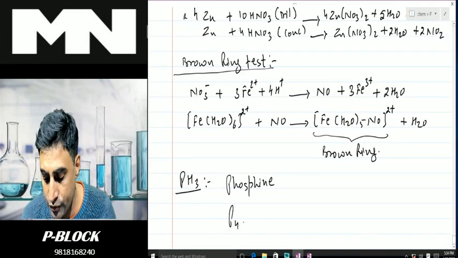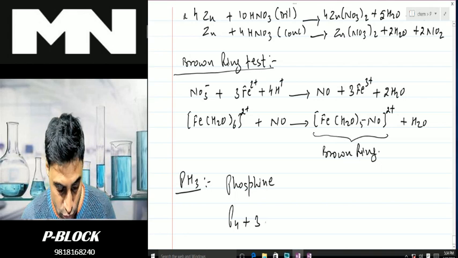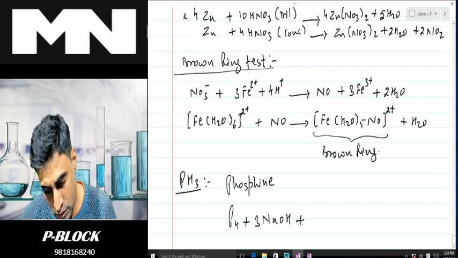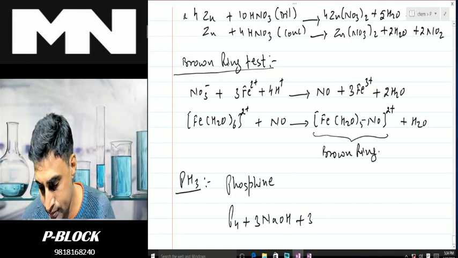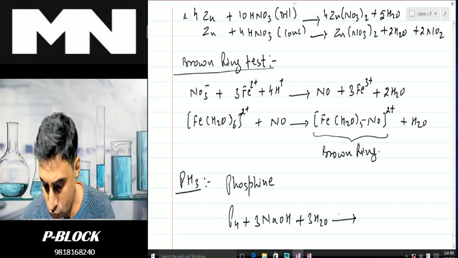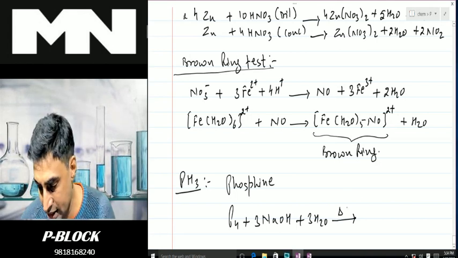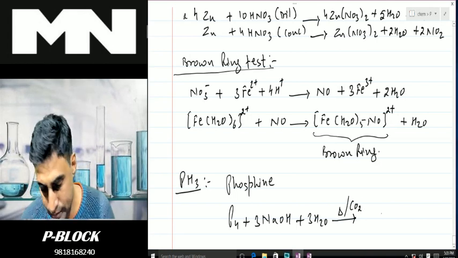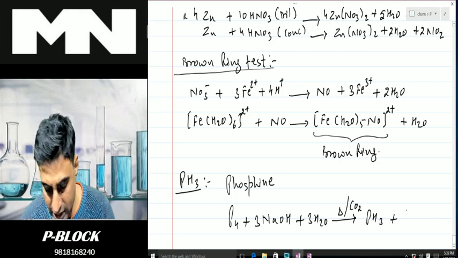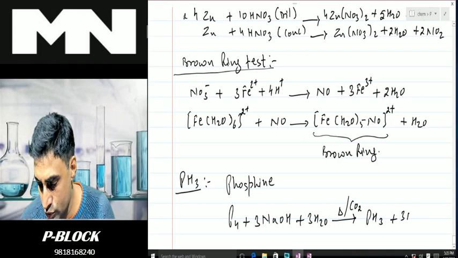You react P4 with 3 moles of NaOH plus water, on heating in an inert atmosphere of CO2,